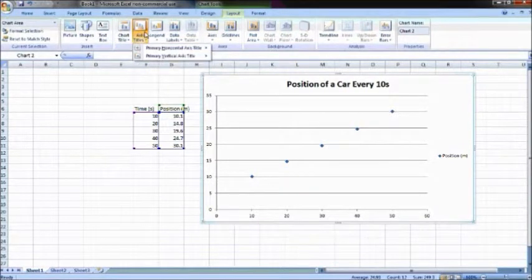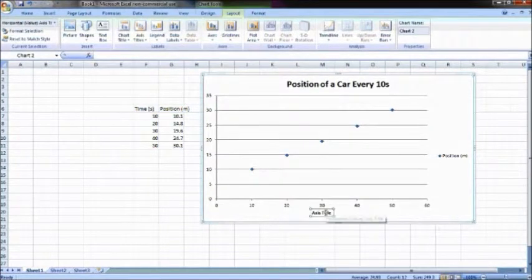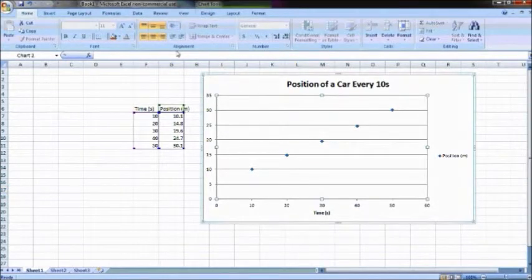So we'll click on that, and we'll go down to primary horizontal axis title. We want the title displayed below the axis. And it'll pop up, and then we can click in there and actually name that. So in this case, this is going to be time in seconds. And then, of course, we want to do the same thing